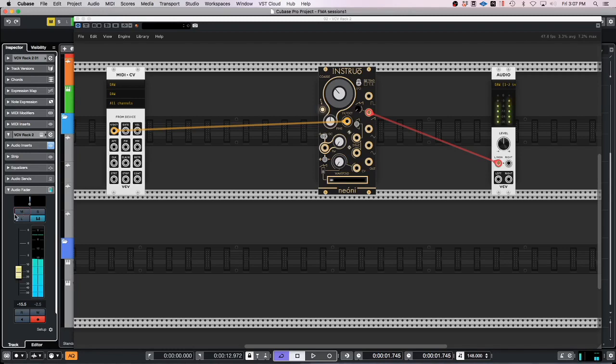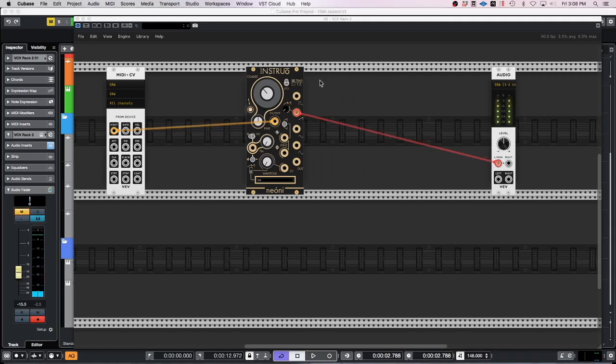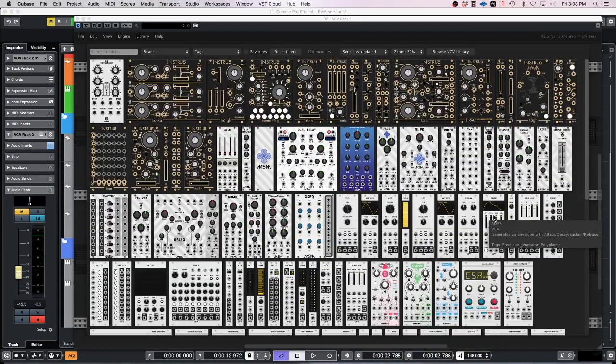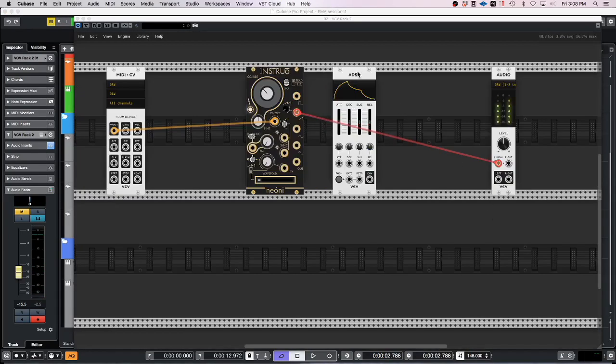I'm choosing the note, but as you know, there's no envelope, it's still just triggering, right? Oops, sorry. So, how do we make it trigger from playing the keyboard? So we need an envelope, right? So let's just take an ADSR, and then